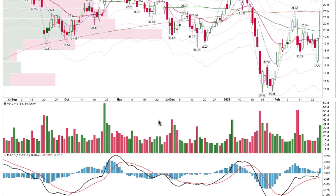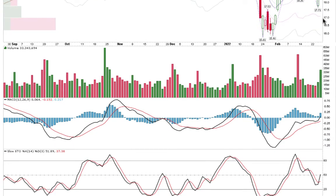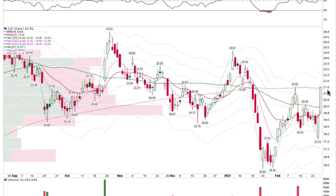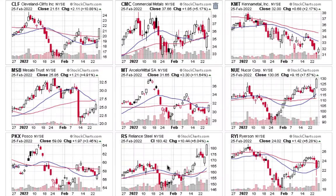Institutions bought that dip, looking for a consolidation along the 200-period moving average now, with MACD above its signal line, stochastics turning, volume increasing, and RSI above 50. This could very well blast right through this area without a flag or consolidation. So we'll be looking for that on Monday as the whole group moves together, like Commercial Metals, CMC, Nucor Steel